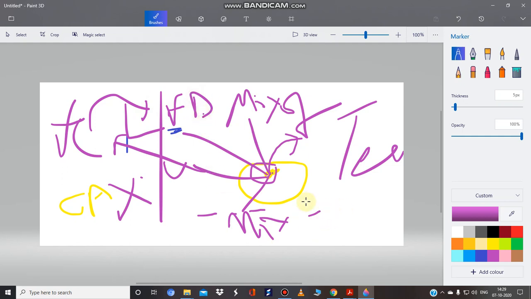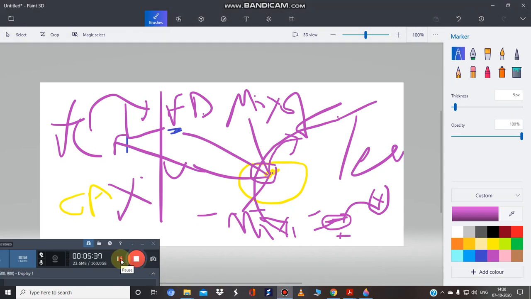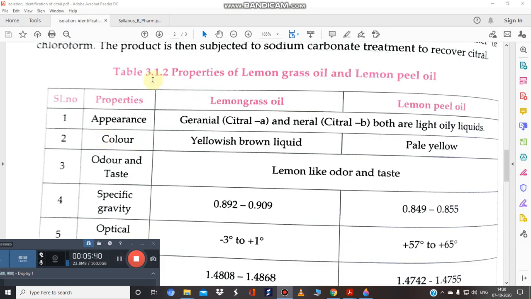Again I am repeating, suppose this is oil obtained from eucalyptus. We cannot say that this is a pure compound. Yes, this is a mixture of complex phytoconstituents. So if we have to isolate a single compound, then we have to adopt a particular purification step. Only then can a single compound be isolated. Remember this point.